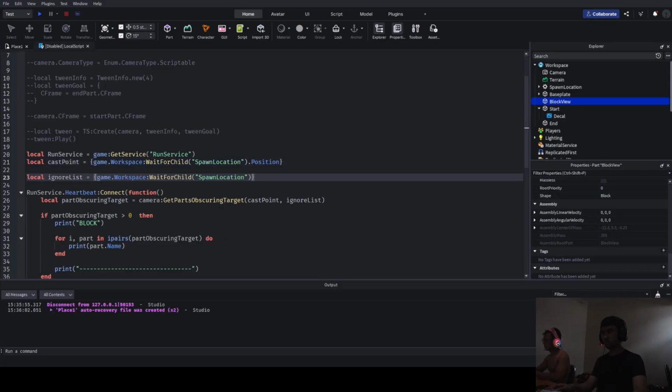The ignore list, and now what we're going to do is hit play. So the spawn location should not be included with any part that's obscuring it. So now if we look at what's happening here, what I'm going to do is block the spawn location using